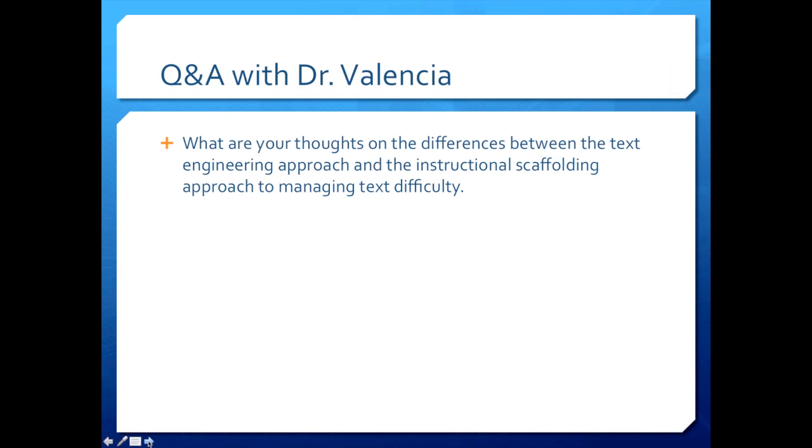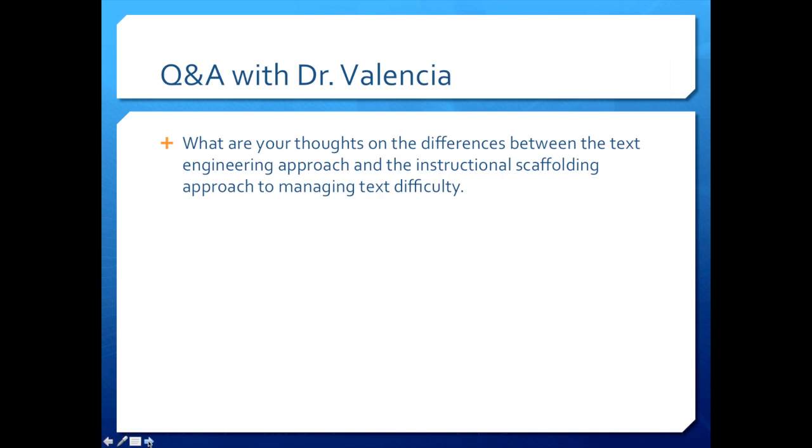One is what I would call a text engineering approach, and that is where we take you where you are and we gradually increase the difficulty of the text, and we provide scaffolding, maybe even in a computer program, or if not a computer program, in some kind of a classroom delivered program, where we gradually increase the complexity of the text, and then hope that over time we're able to help you realize that you can handle more difficult text. I would call that a text engineering approach.